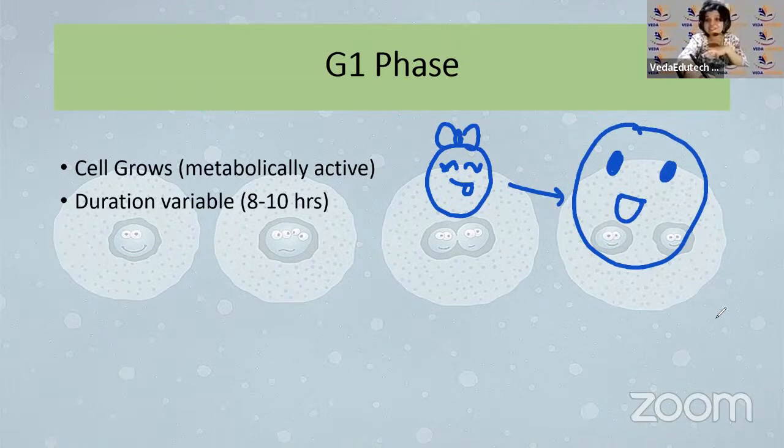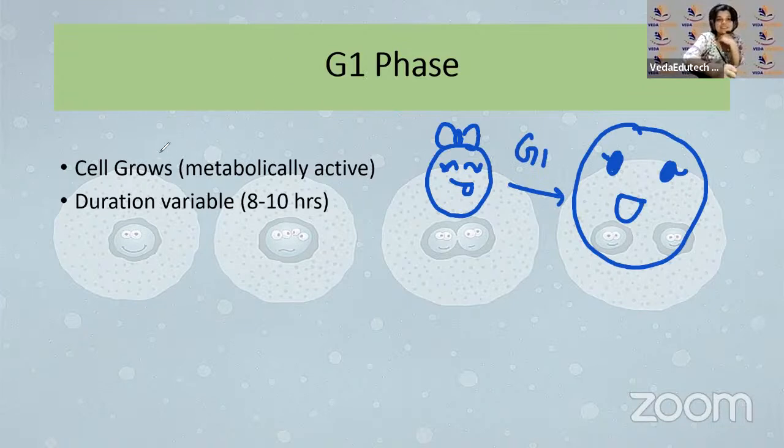In order to become a mature cell, it needs a lot of nutrients. It needs a lot of nutrition. How will it gather nutrition? It will gather it from the medium outside, right? It will search for food, obtain it, and that's when it will have nutrition. After getting nutrition, this cell would be able to divide its cytoplasm among the daughters. So this has to happen. This happens in G1 phase.